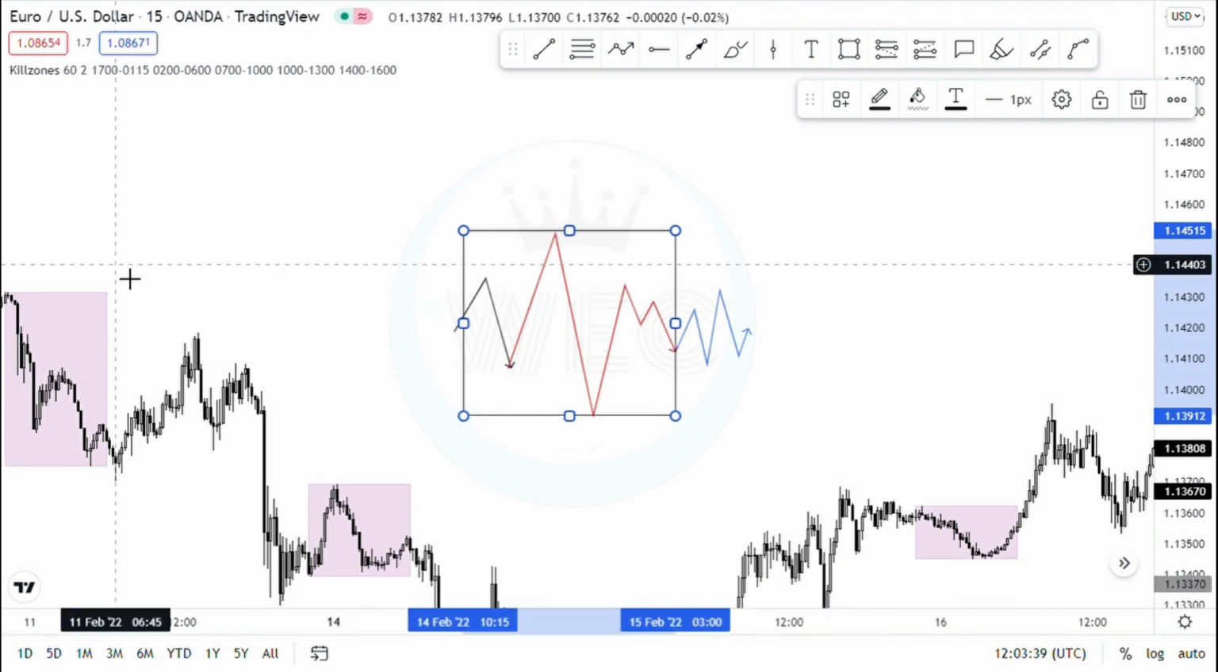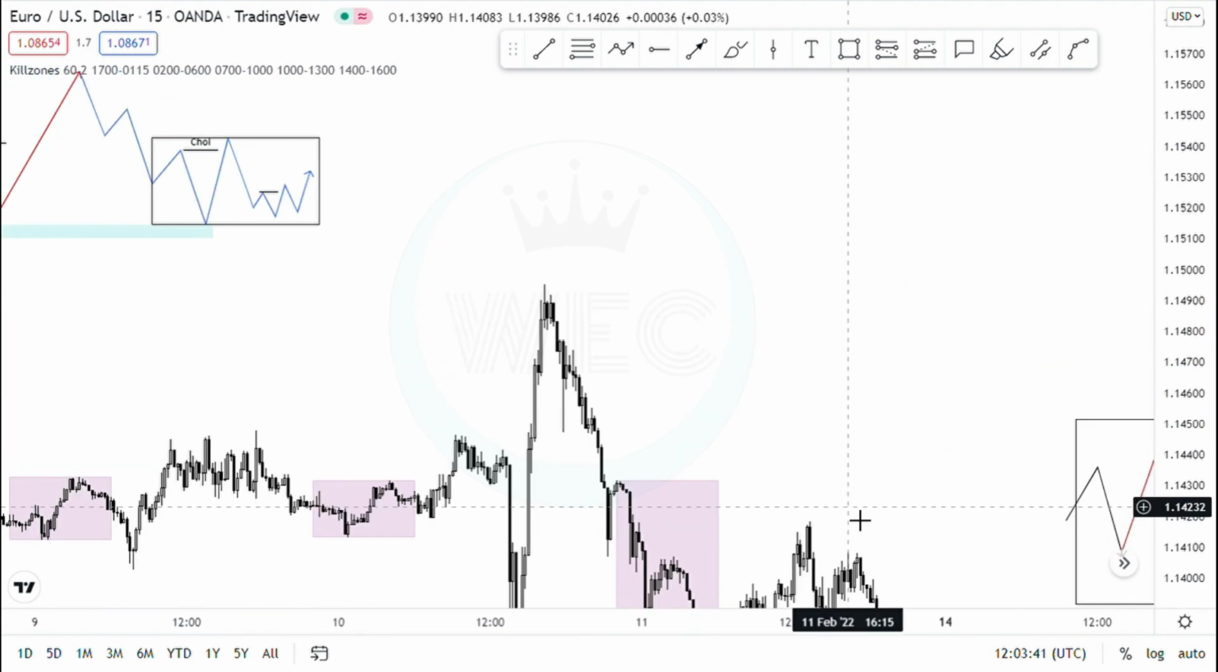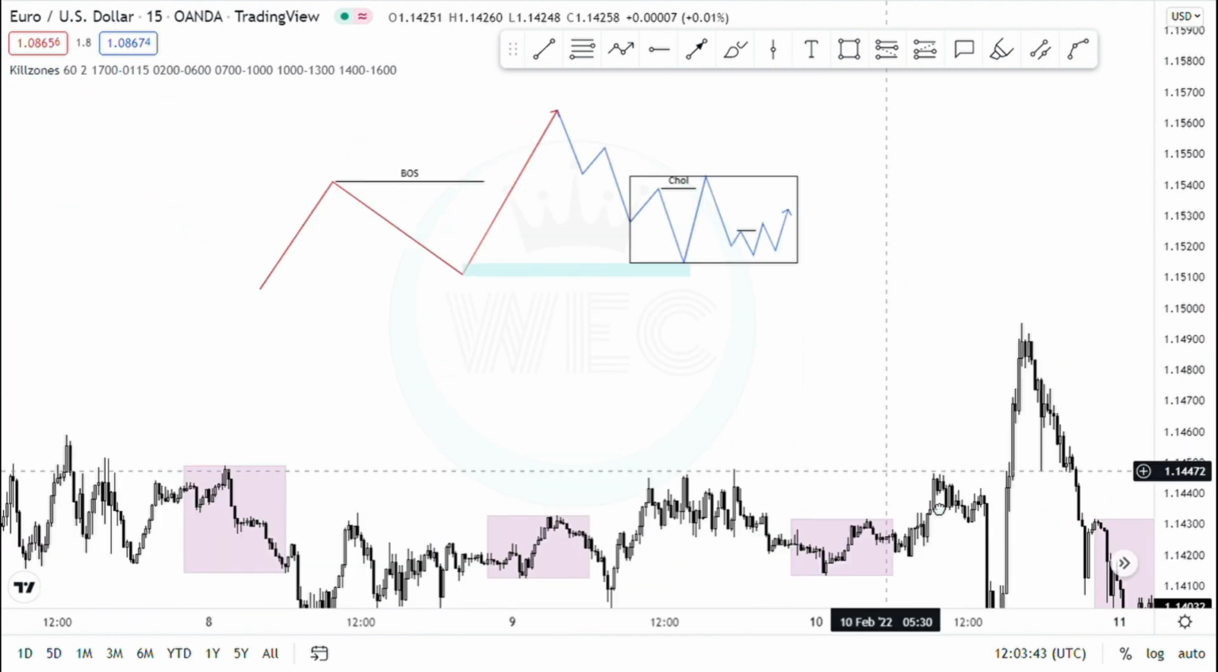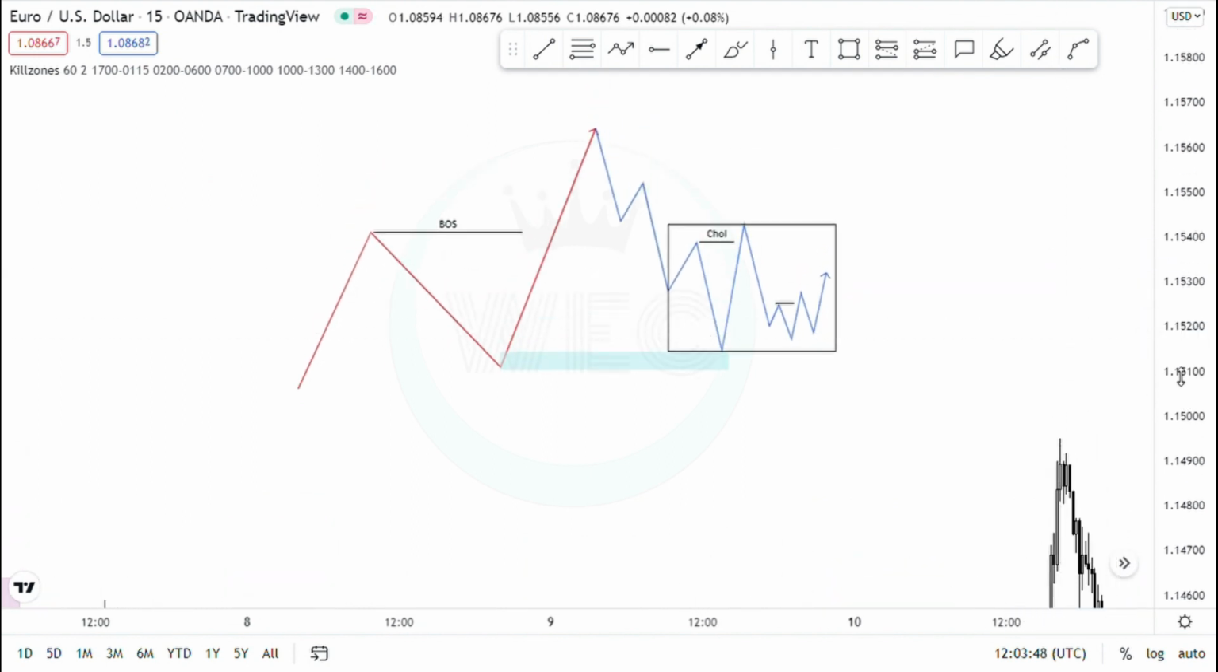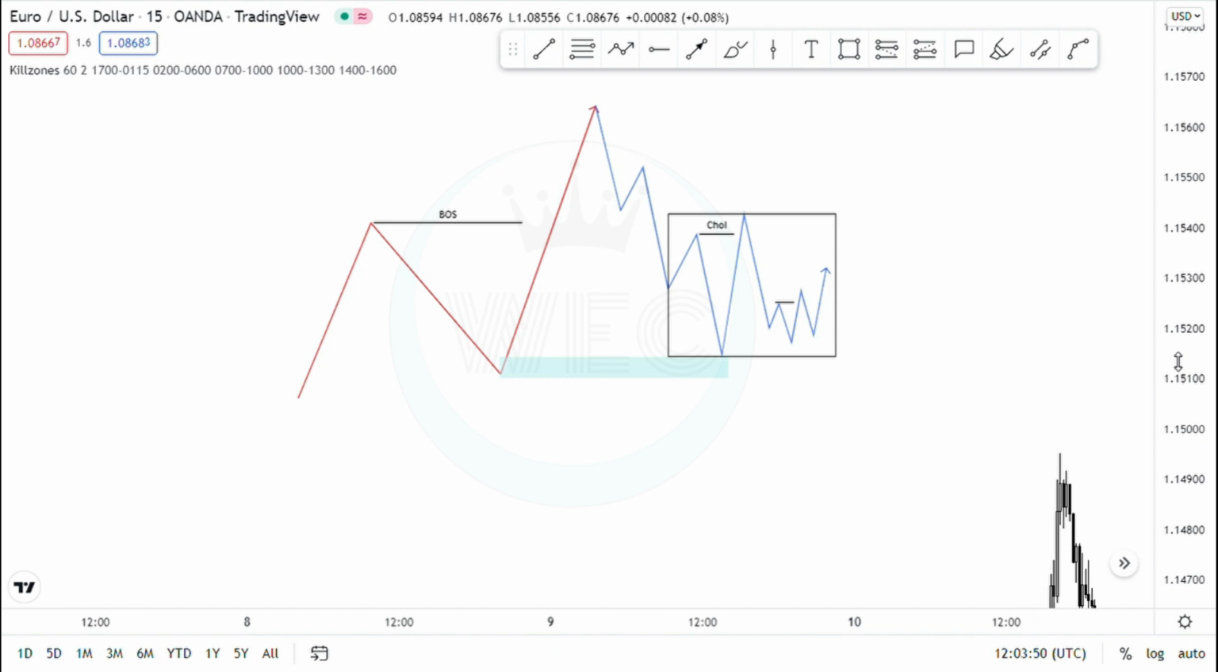So how do we incorporate this with market structure? Like I said, it is always important to use these concepts in confluence with market structure. You don't just learn these and then start to use them anyhow. No, you should always use them with market structure. Okay, so if you're a smart money trader,